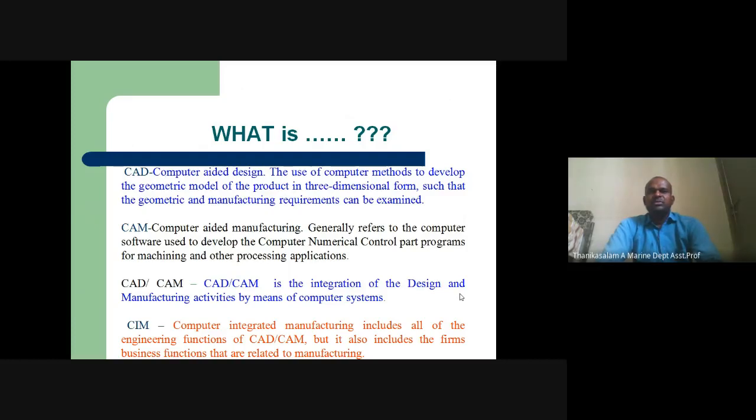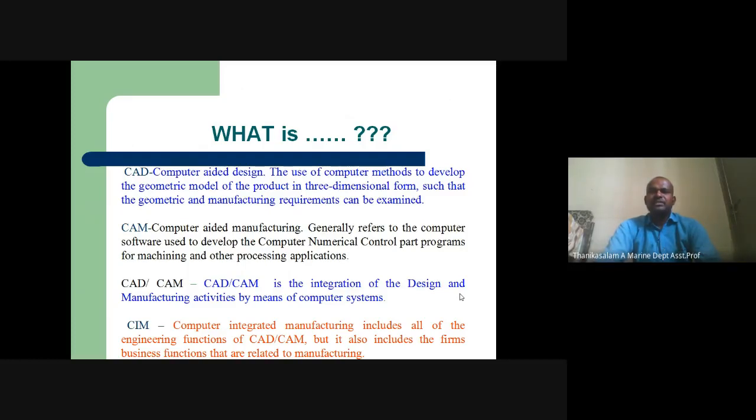If you use a computer, we need to generate part programs. That is NC code: the geometry code and the miscellaneous code, two codes are there. Using a computer attached to the machine, the spindle speed is retrieved automatically. We can feed it into the system, it gives commands to the tool, which moves automatically, and we can manufacture very fast.